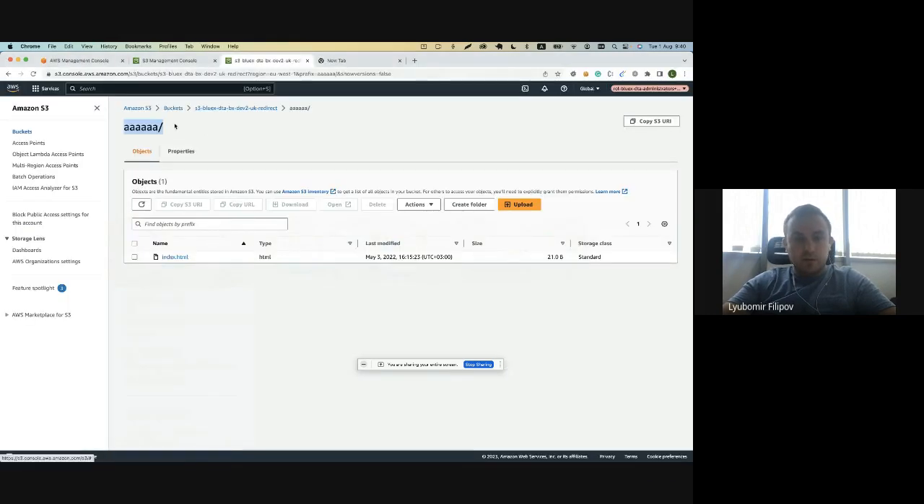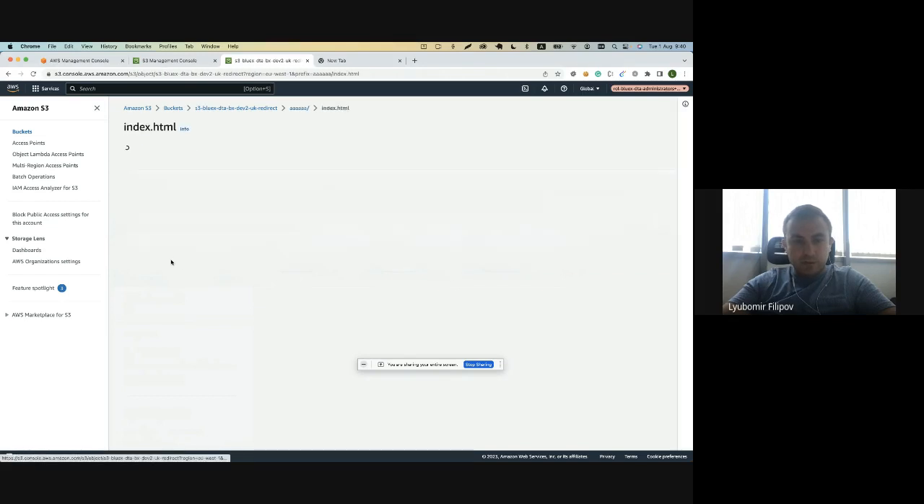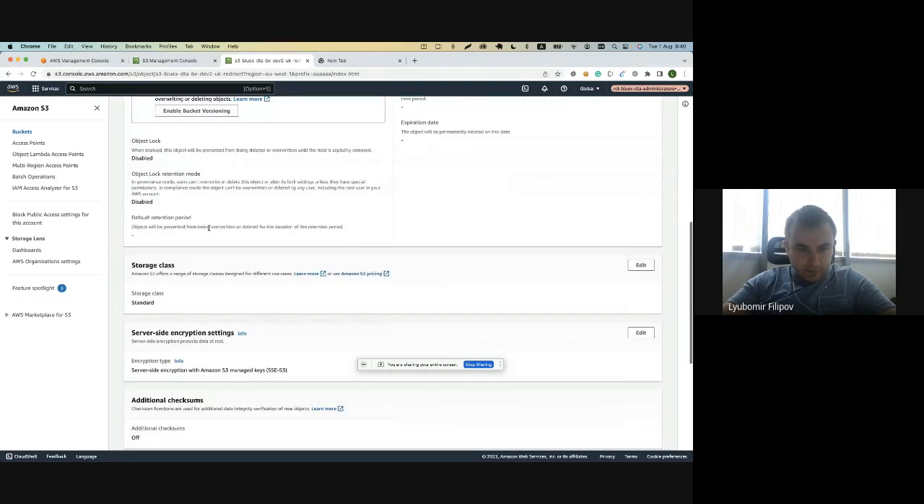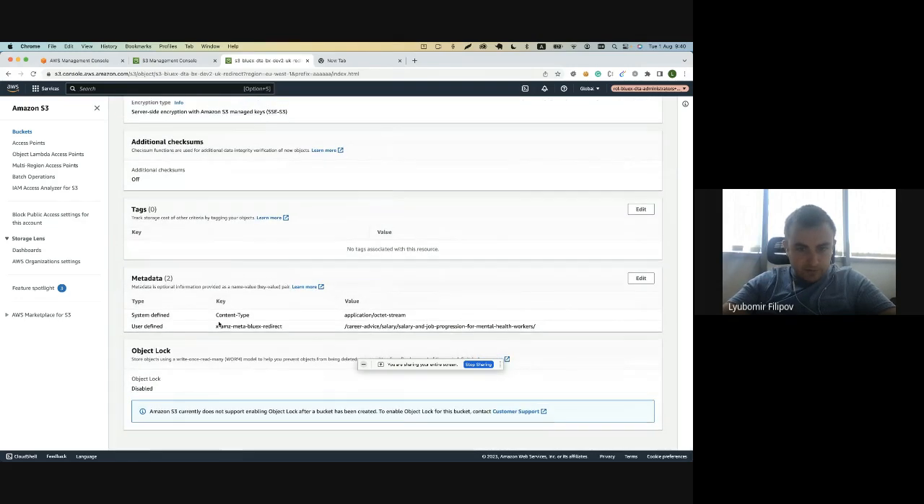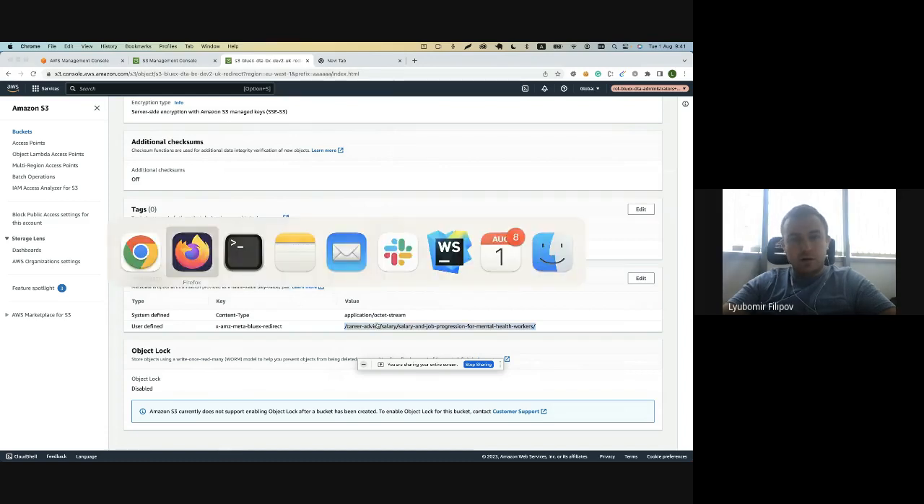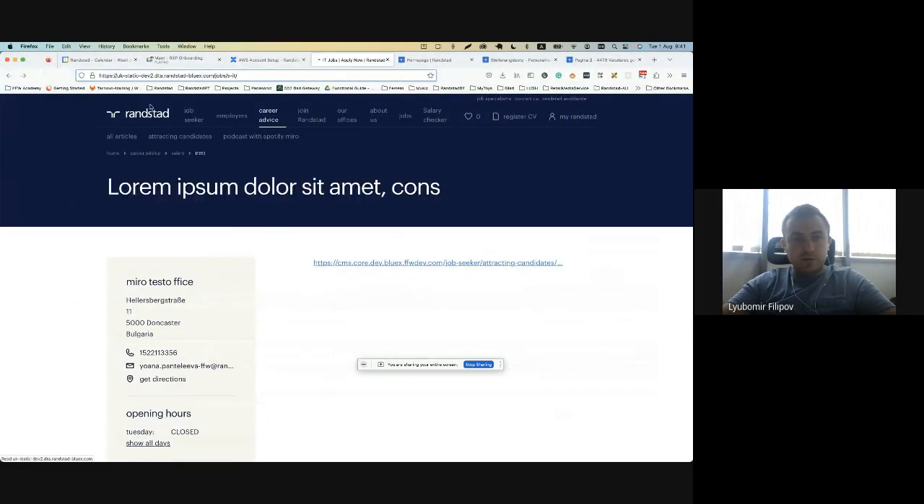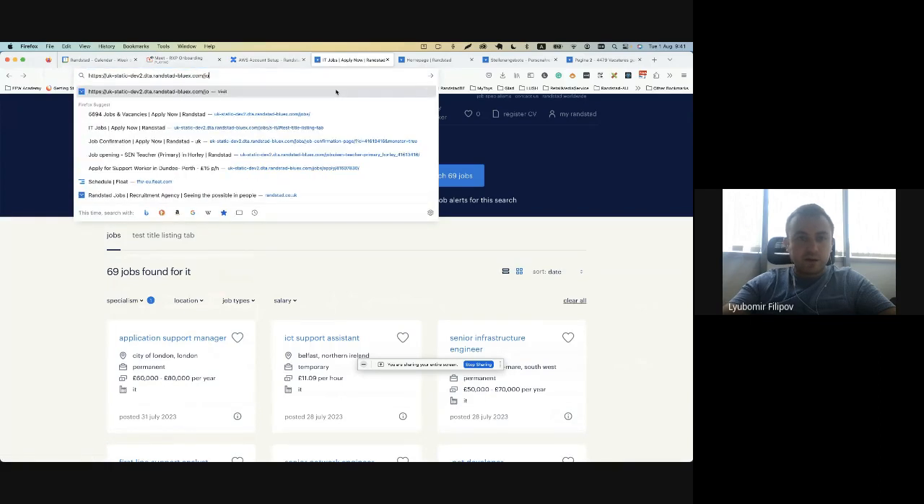Well, CloudFront will automatically check here, and then if I open the file, in the file there is this AMZ metadata BOX redirect, which is this one. And that's why when you try to open the URL, it will redirect you here. How could you debug this? Well, if I perform this one step back,